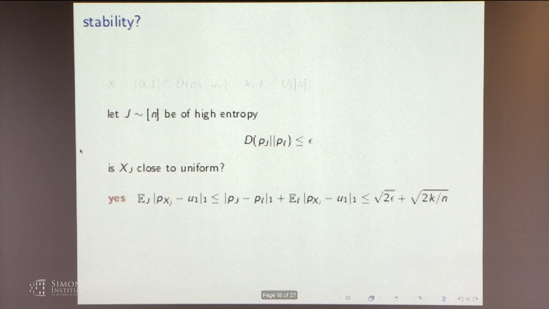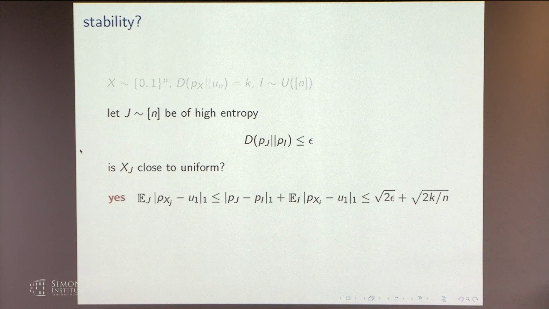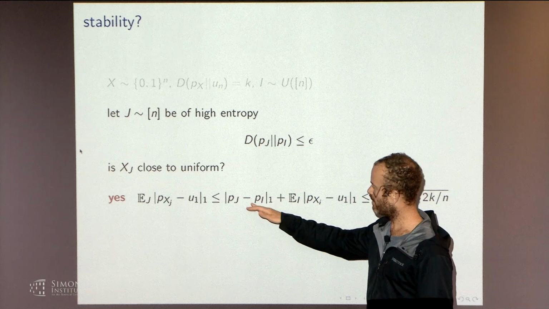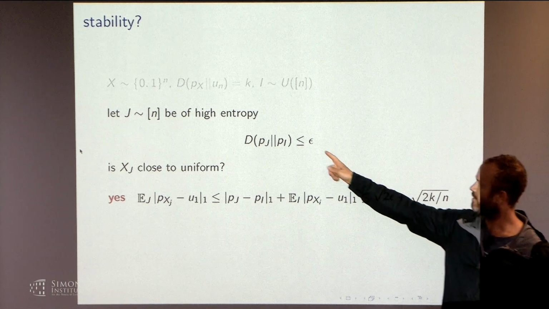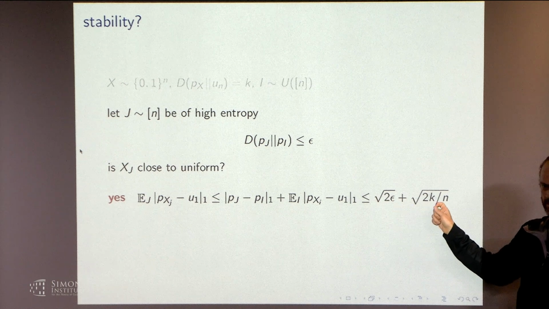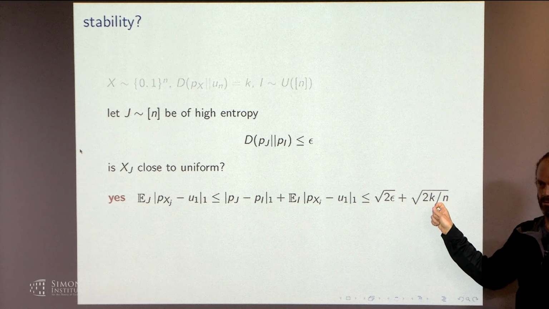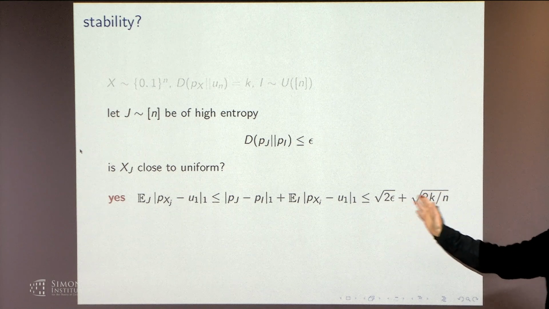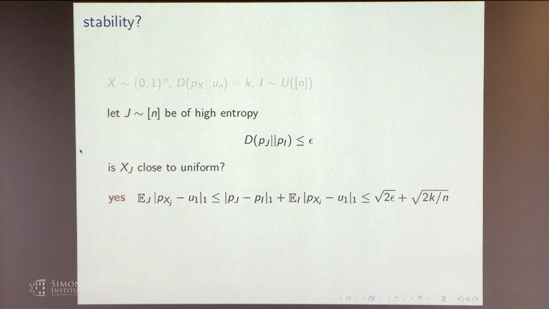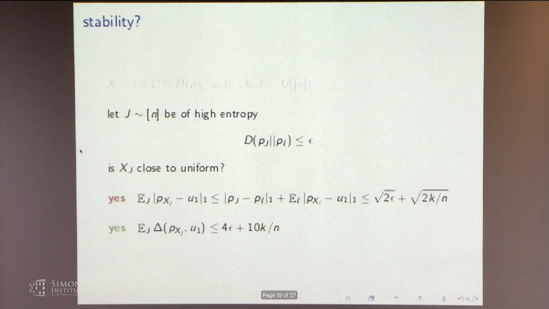So the first answer is yes, but it is a weak yes. It's not so good. If we use p-square, then we get that the distance is this distance, square root, plus the previous thing. So this is a p-square, and so this is simple. Now the point is that when we do